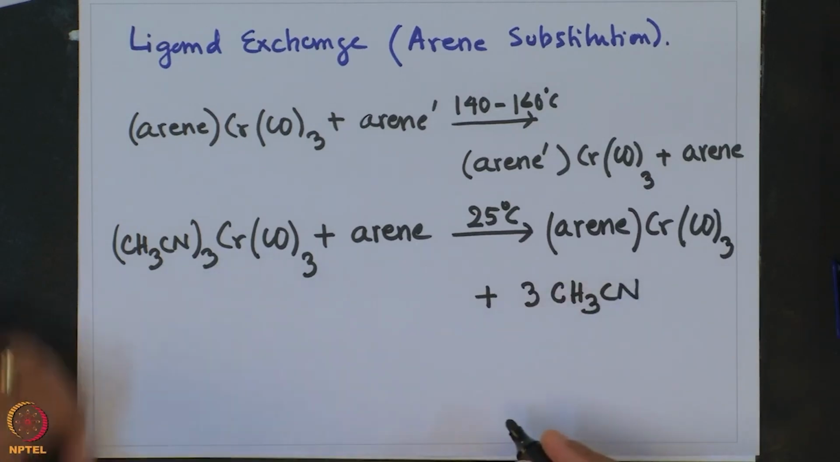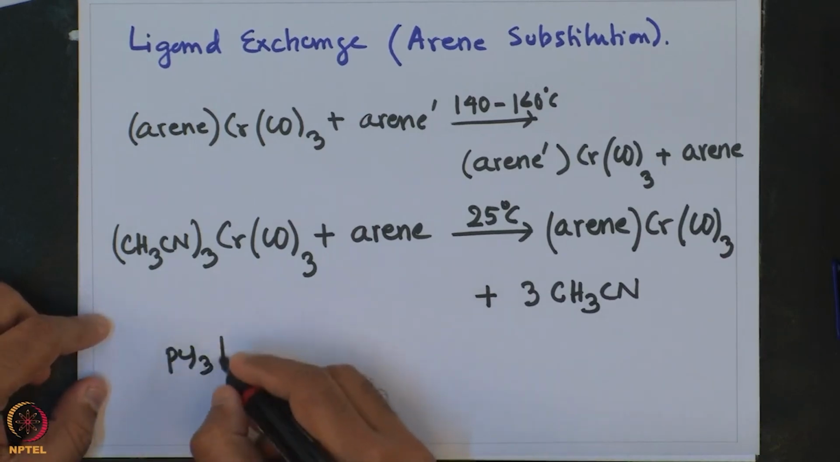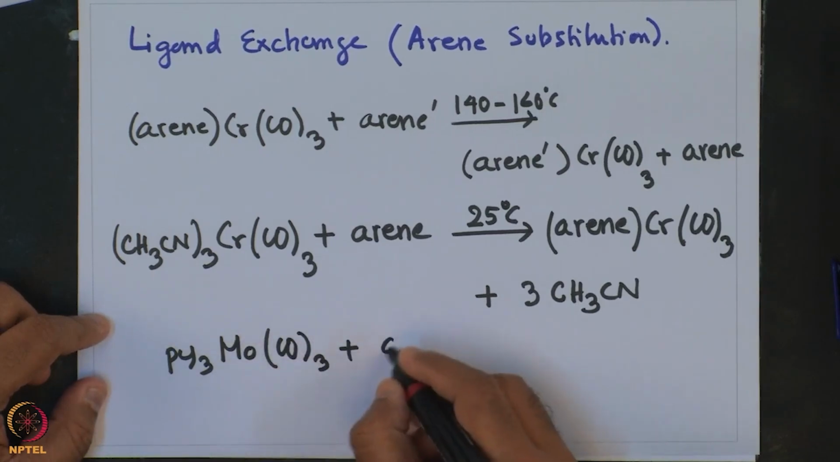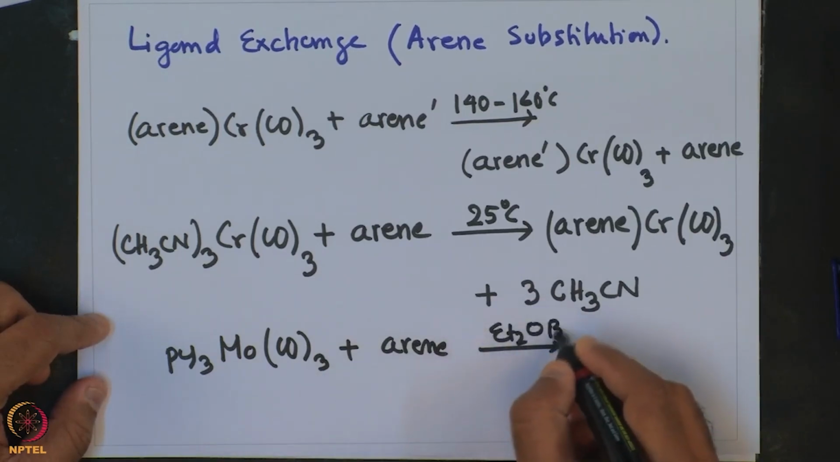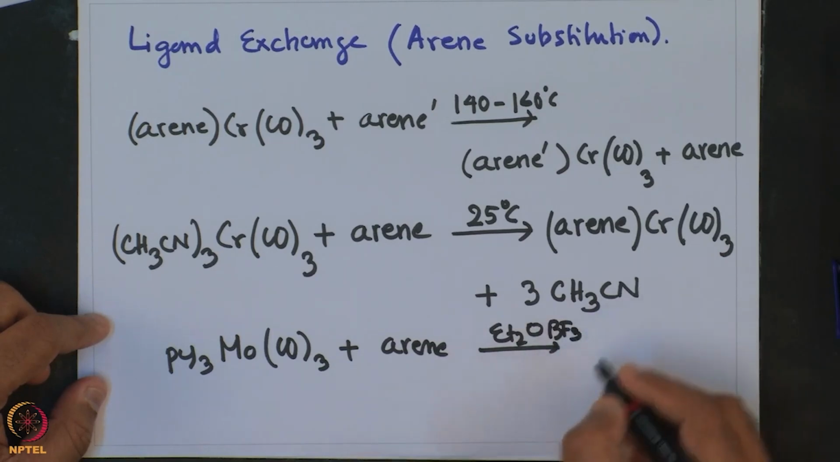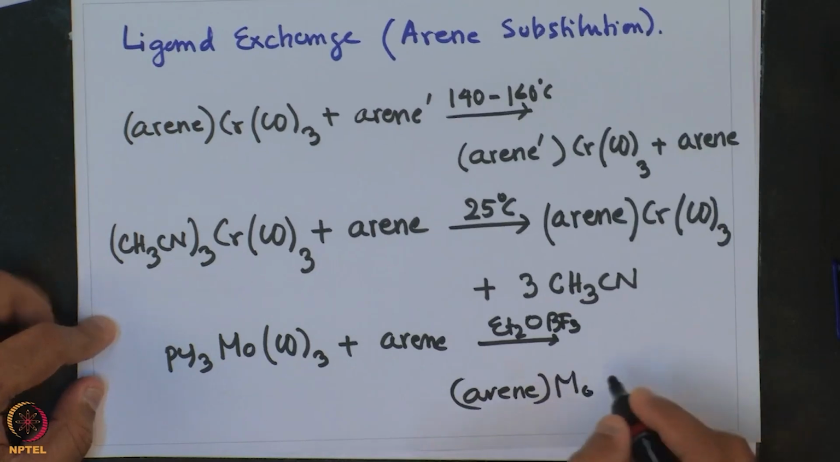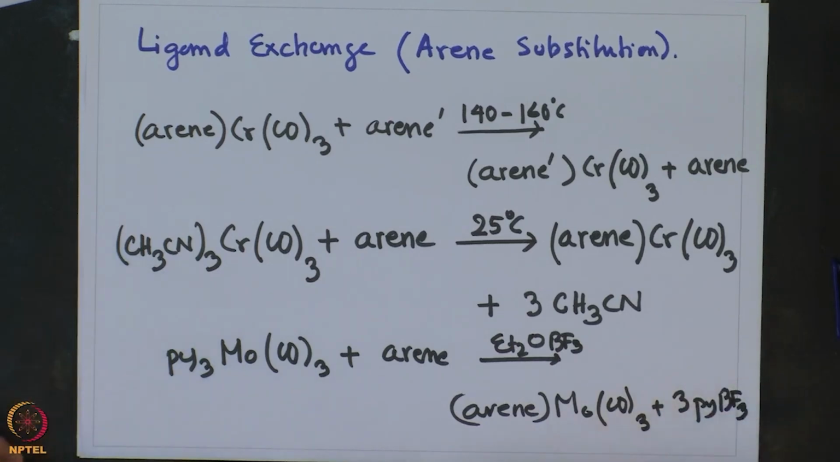and the last one is tripyridine, Py3 molybdenum tricarbonyl plus arene in presence of Et2O·BF3, giving arene molybdenum tricarbonyl plus 3 Py. So, this seems like quite a